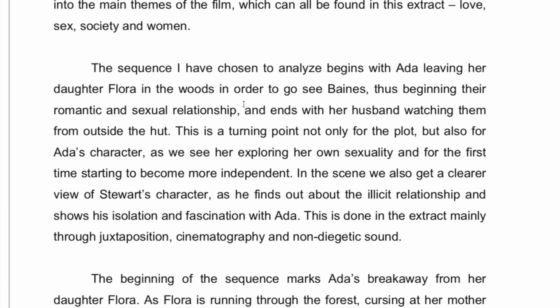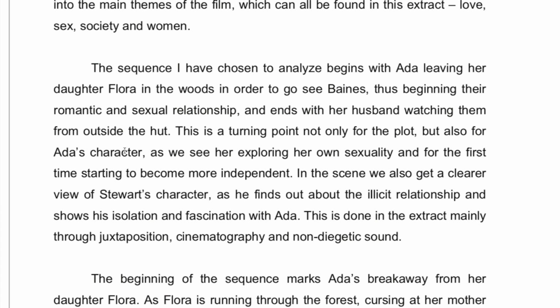So her husband is Dr. Grant from the Jurassic Park films. And so, yeah, I think at the beginning I mentioned she lost her husband. That's not correct. She is with her husband, and her husband is very controlling of her. Well, she's trying to find some sexual freedom here, and she goes off with this guy named Baines.